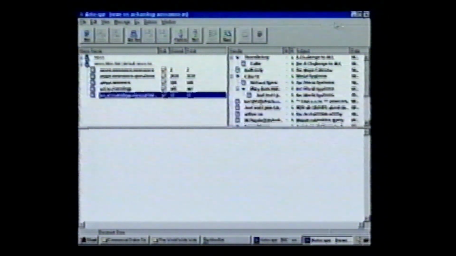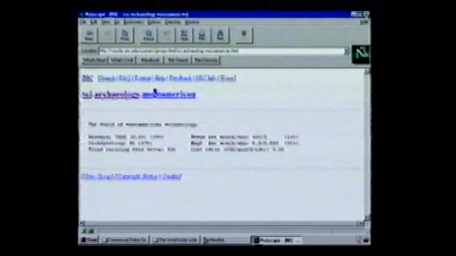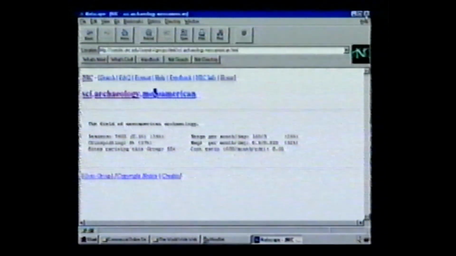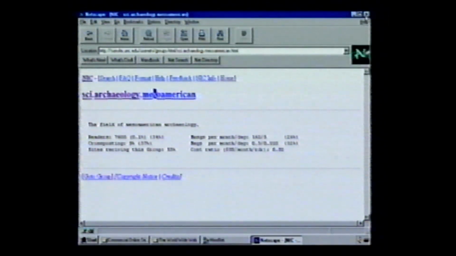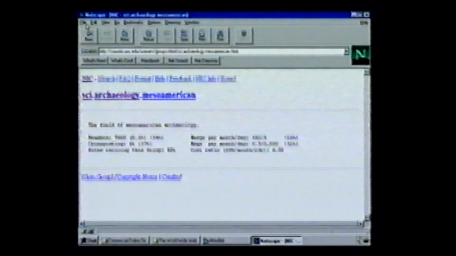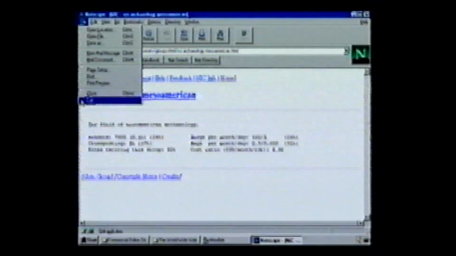We are done with our web browsing session, so we close the newsgroup box and return to the Netscape window. Let's close our browser and disconnect from our internet access provider and return to our desktop. We click on File on the menu bar and click on the Exit option.